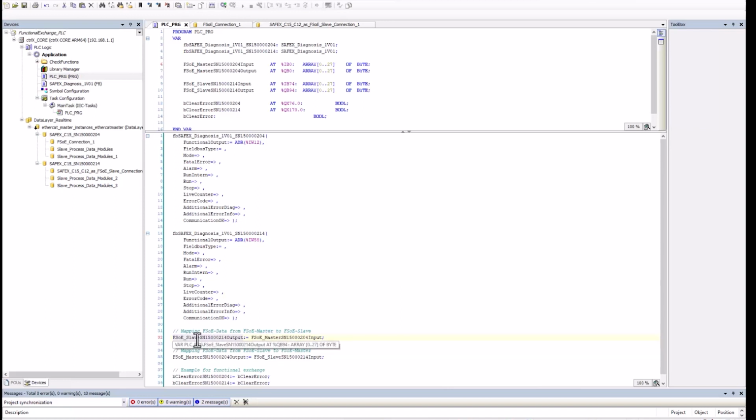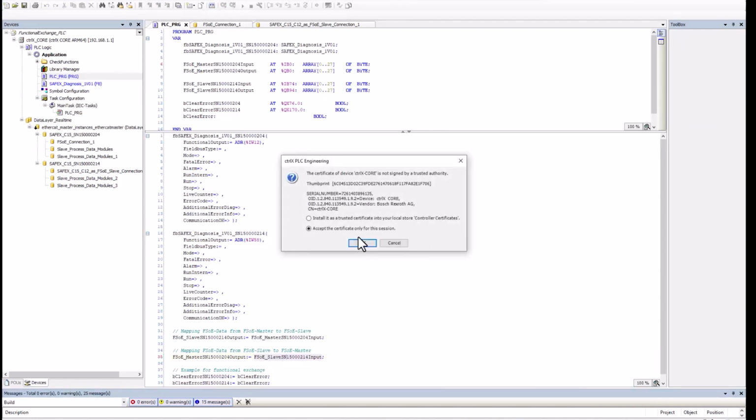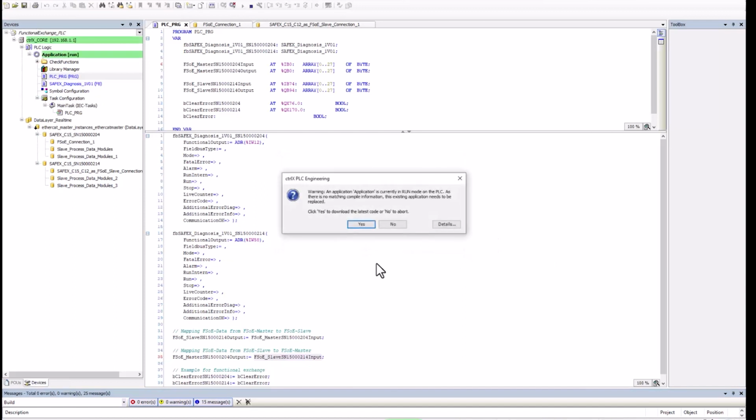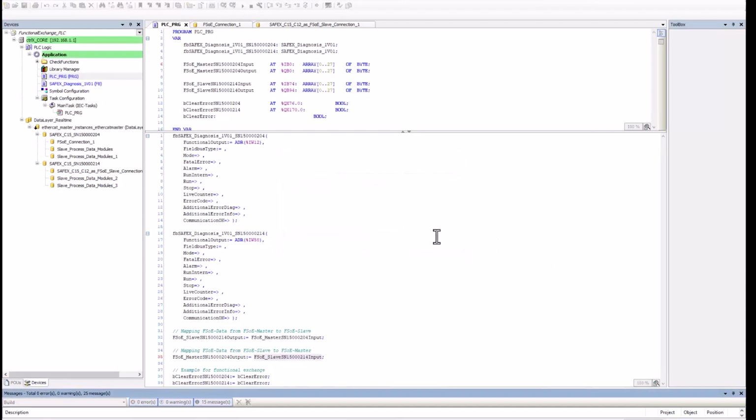In these lines the whole array is copied, in this case the FSOE master inputs to the FSOE slave outputs and reverse, so we can compile the program now. Since there are no errors in the compilation, it can be loaded into the controller and start the PLC program.